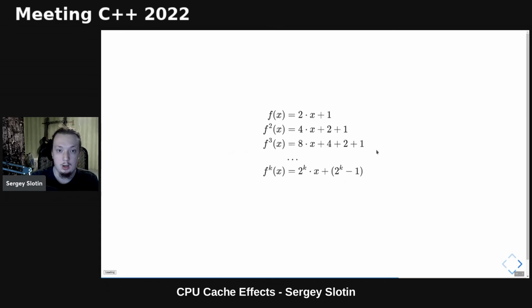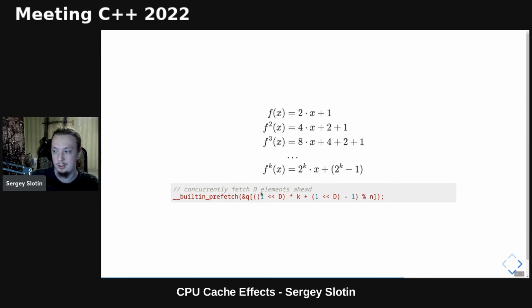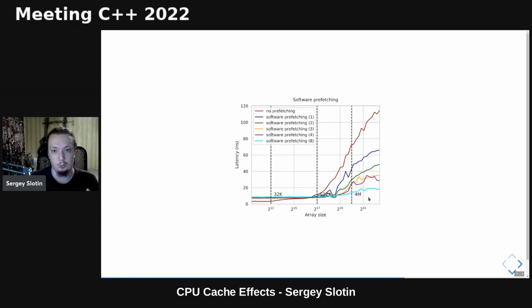enough arrays. Interestingly, we can prefetch more than just one element ahead, making use of this pattern in the LCG function when we expand it, that is repeatedly applied to itself. So to load the dth element ahead, we can do this. And if we execute this request on every iteration, we'll be essentially simultaneously prefetching d elements ahead on average, increasing the throughput not by twofold, but by d times. And this way, we can reduce the average latency arbitrarily close to the cost of computing the next index.